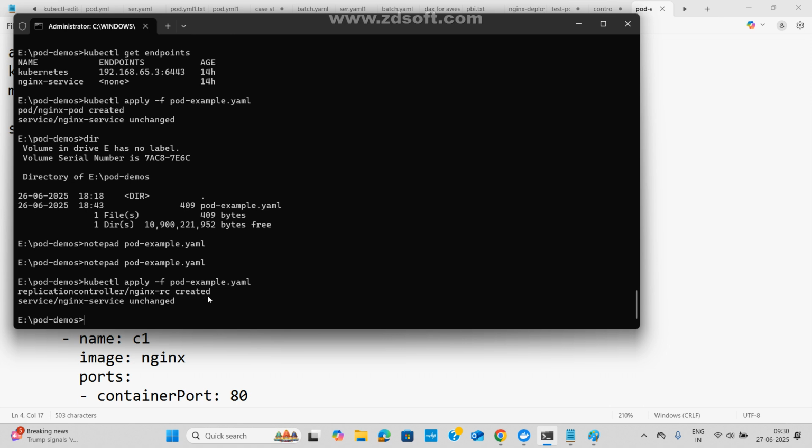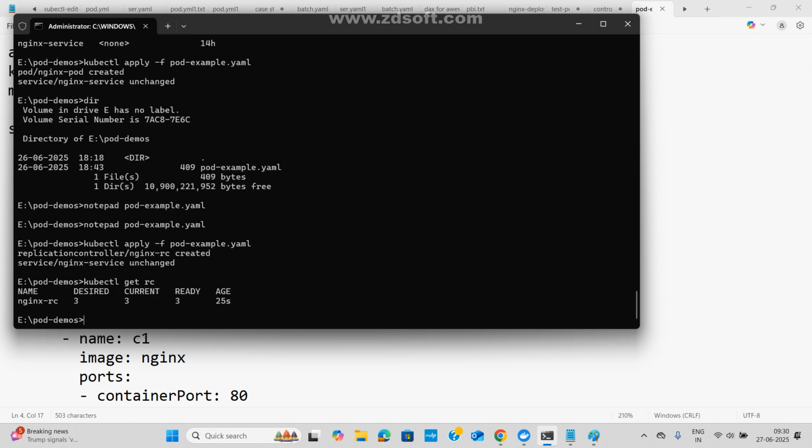Shall we check once again? How can I check? kubectl get rc, ma. See, try to understand. Here the first column is the name, the well-known name, desired 3, current 3, ready 3, and age 25 seconds ago, it got created. Here, are there any new words? Any unknown words? Is it easy to understand or not? But desired means